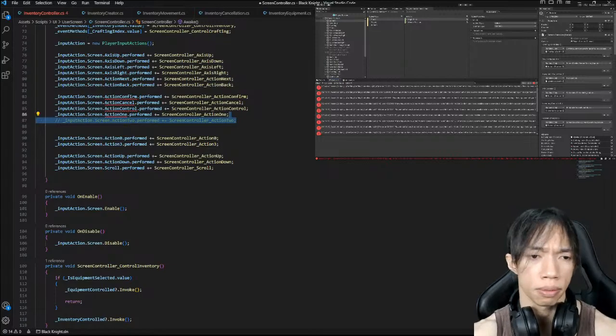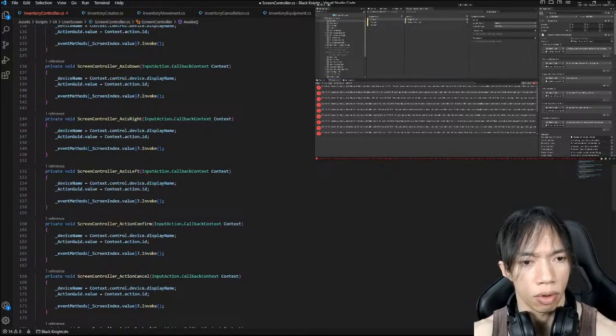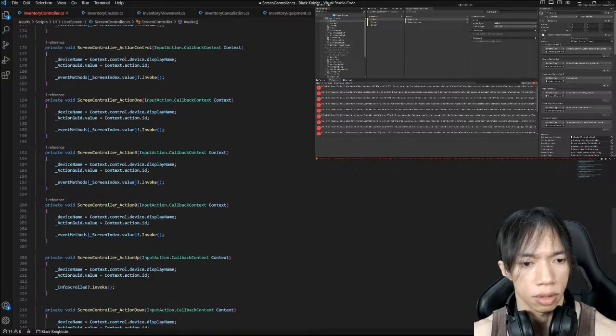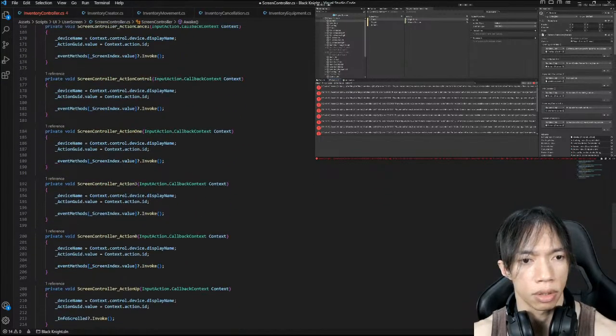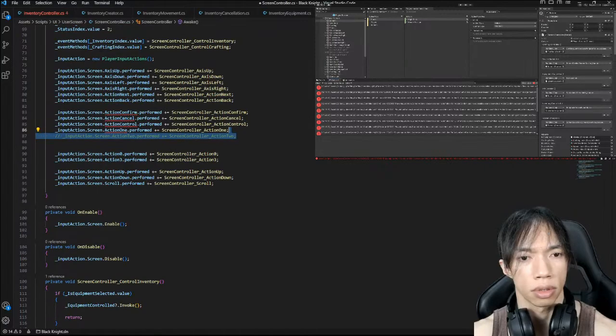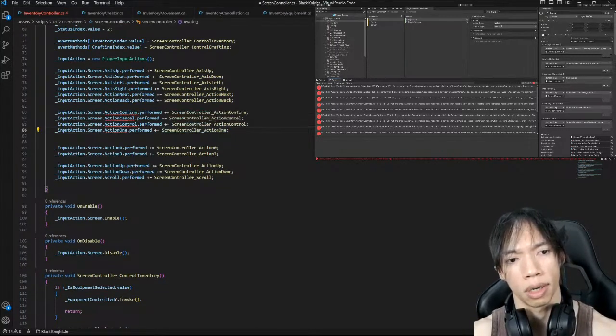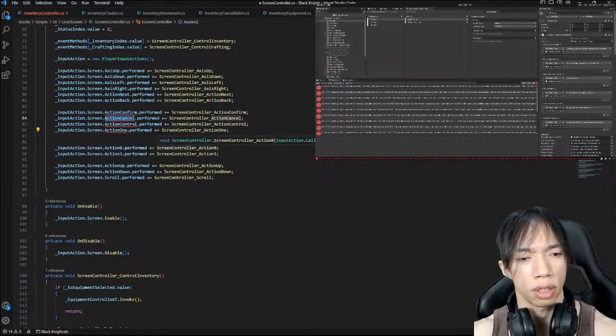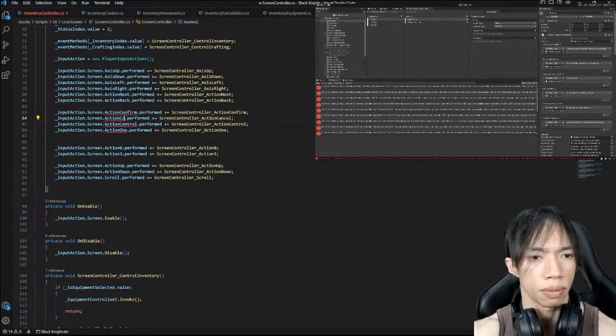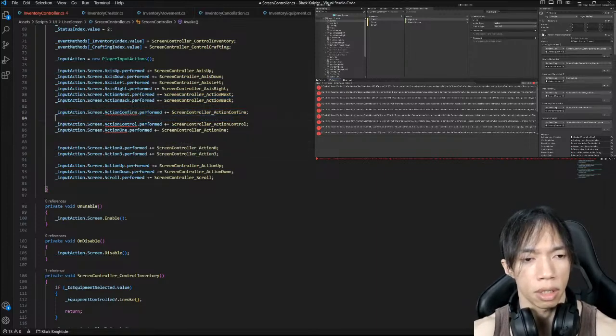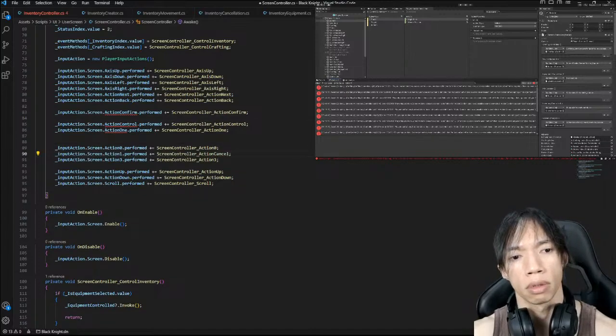Delete that. What is this used for? Action 2, not using yet. Okay, we're gonna have action 1. Action cancel, I change it into action 1. Basically, right click for mouse and button is